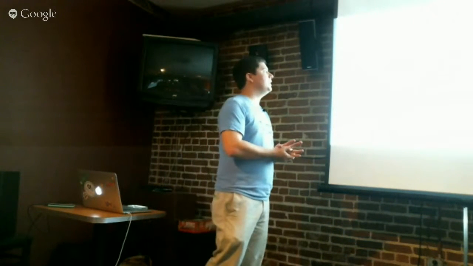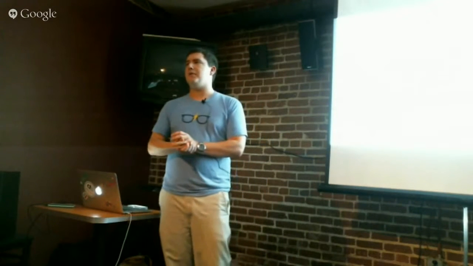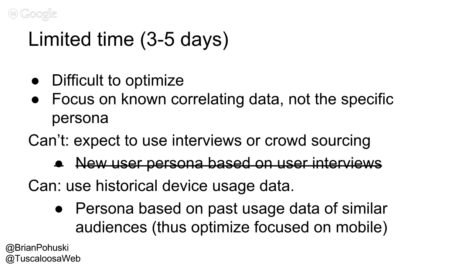So what I would say is focus on the known data that you already have from other projects. Maybe that one project you're working on is not significant enough in time or data. Hopefully you've already done some of this in the planning, but if you're really fast paced, you might not have. But optimize based on those data points that you already know inherently from your other work. So don't focus on a specific persona in particular. I said that people will name these people and give them traits and statistics and everything. Don't focus on the actual persona, focus on the data points associated with that persona. I'll explain that a little bit.